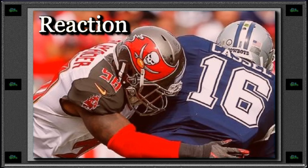He came up clutch when he needed to, and especially after that fumble, for him to bounce back on the very next play and score the touchdown to go ahead really shows some leadership. But 22 for 39 for Winston, 264 passing yards, 0 touchdowns, 2 interceptions, though he did have the 3 carries for 3 yards and the